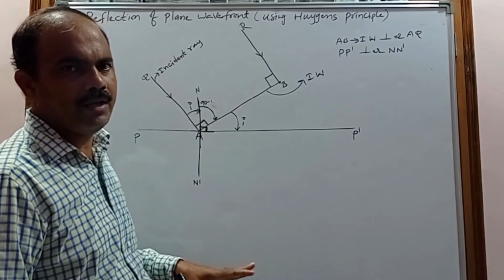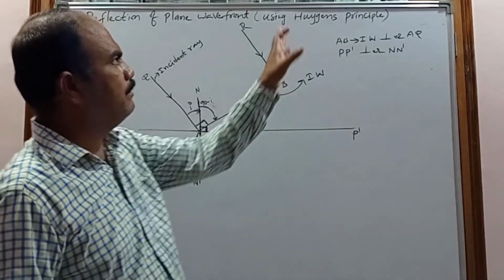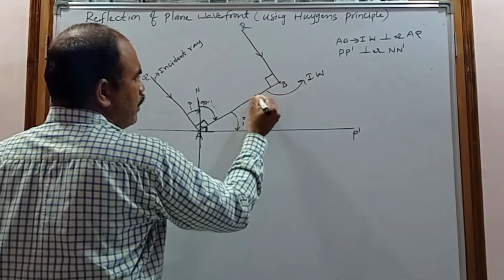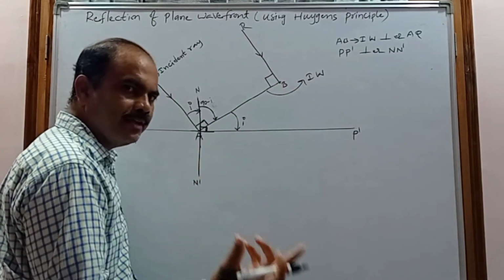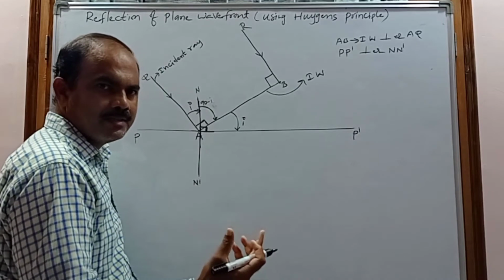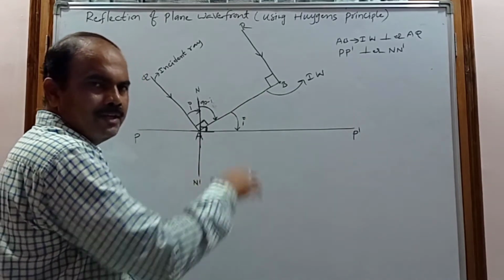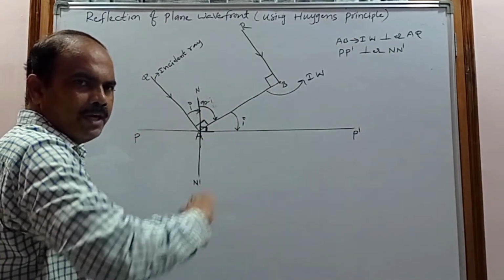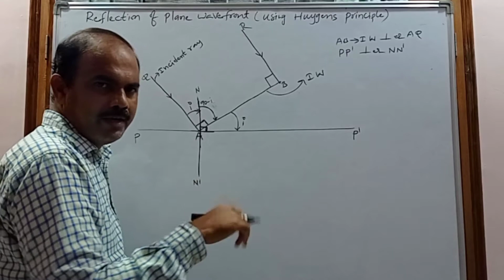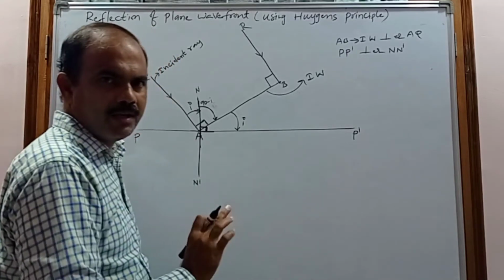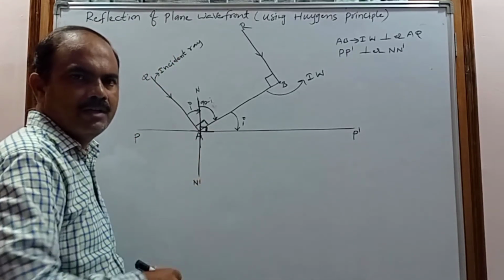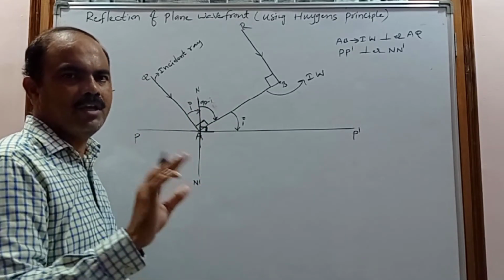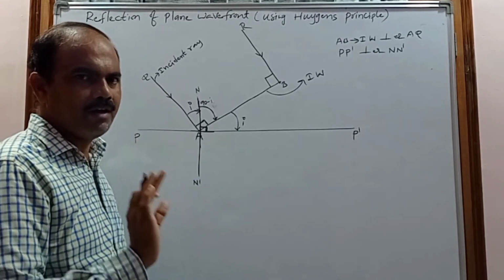So that can be determined with the help of the Huygens principle. What is the Huygens principle? Every point on the wavefront is a source of secondary disturbances. That secondary disturbance produces a secondary wavelet. That secondary wavelet travels with the same speed as the wavefront. So by taking the distance traveled by the wavelet as a radius, when we draw the arc or sphere, that gives the secondary wavelet. For all the secondary wavelets, when a common tangent is drawn, that gives the new wavefront. That is according to the Huygens principle.